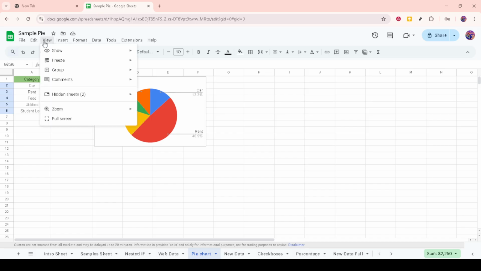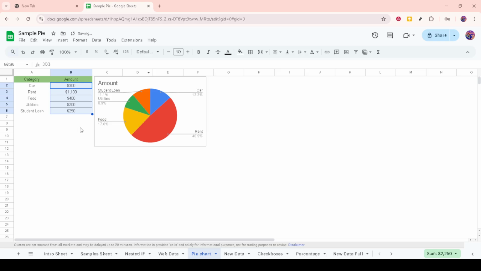After you click View, a drop-down menu will appear. In this drop-down, you'll want to hover over the option labeled Show. Don't click just yet. Hover first. This allows you to see additional options pop up in a submenu. Once the submenu appears, you'll notice an option for grid lines on that list. To remove grid lines from your entire sheet, simply click on that grid lines option to uncheck it. Once unchecked, all those pesky grid lines will instantly vanish, leaving behind a clean and organized-looking sheet.